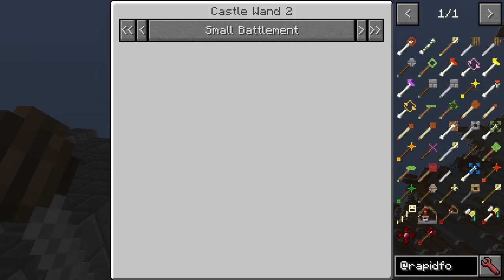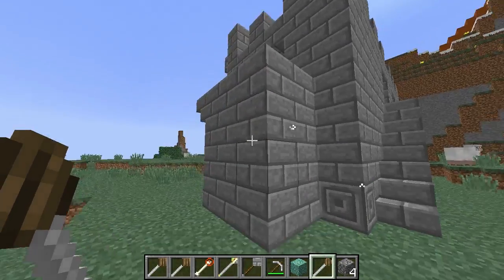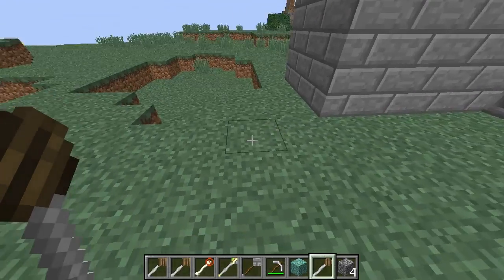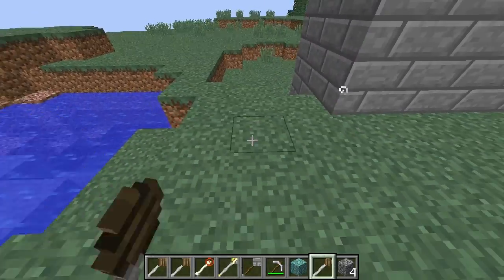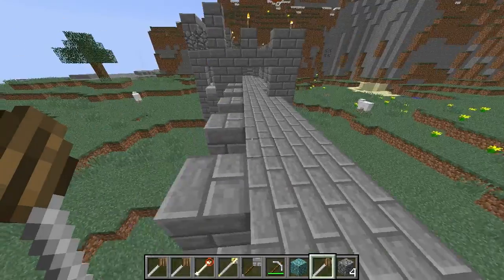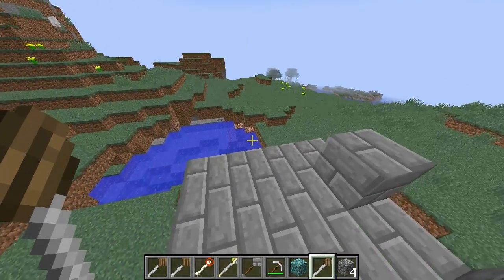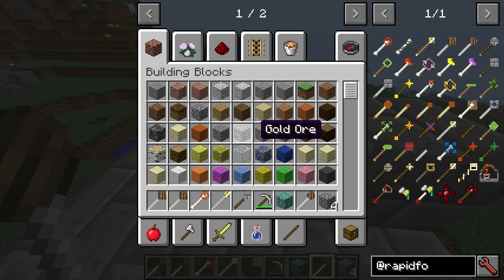That must have been the last one I did. And this was, let me just see if I can remember. Was this small castle wall? So what was it? Now you can see, yeah, that's exactly right. So if I wanted to continue this, yeah, it's actually coming back to me, a lot of this stuff. So yeah, you can just continue the wall like that. Now there's also a way, if I wanted to go over more,